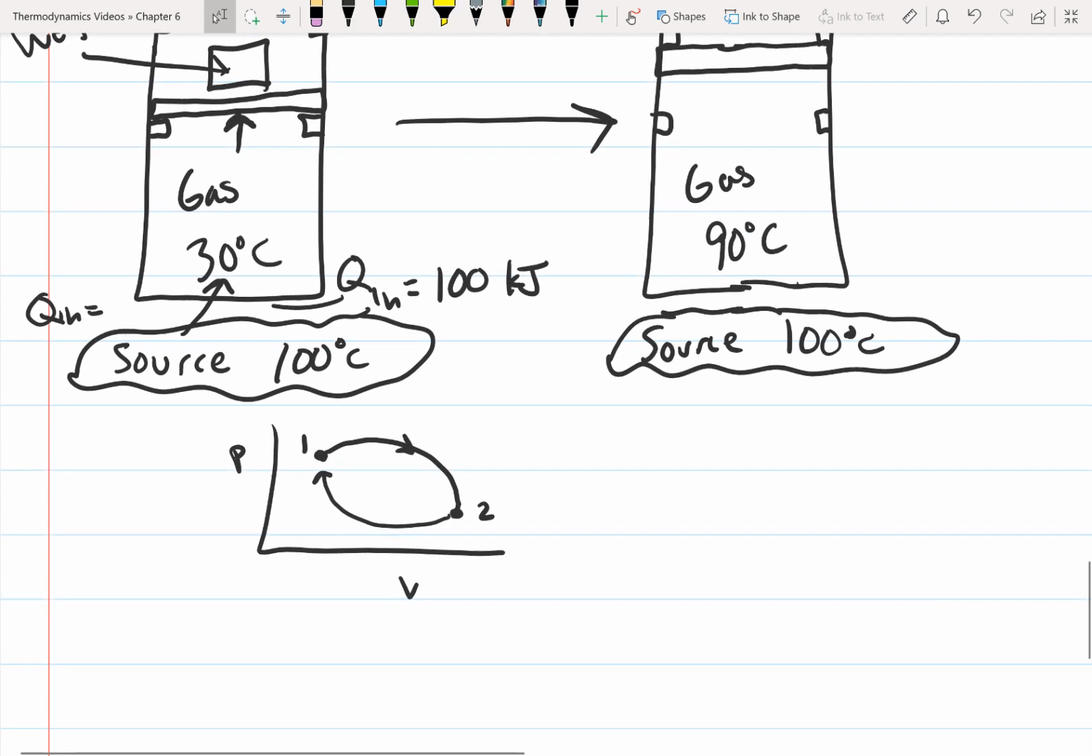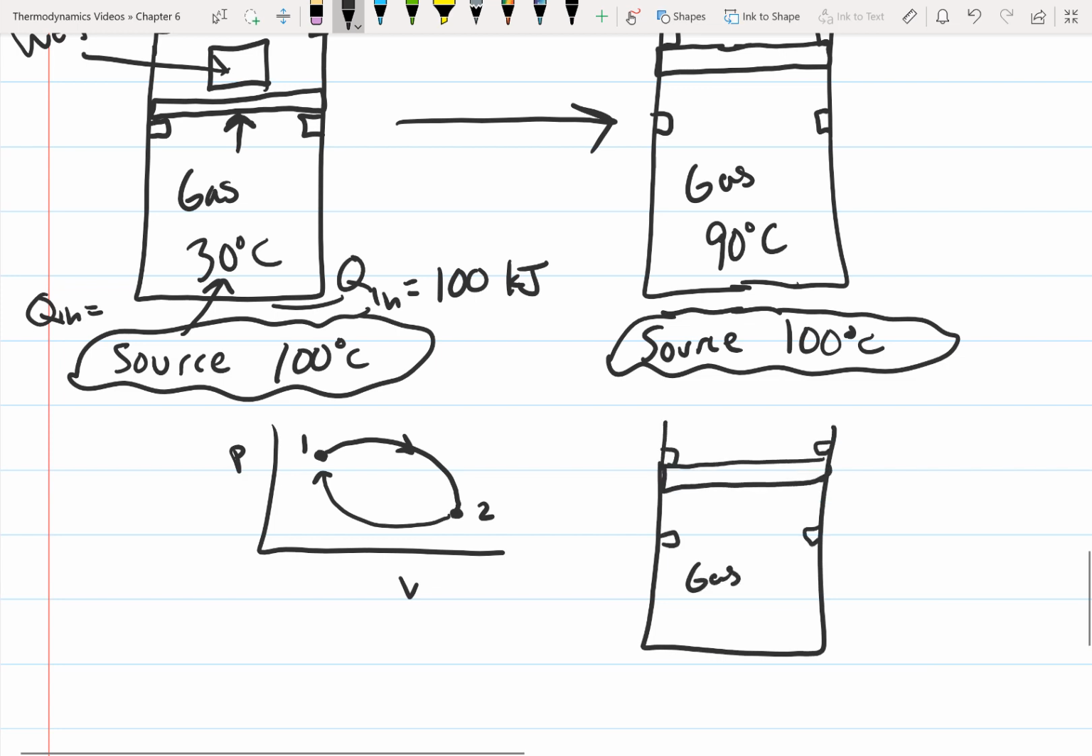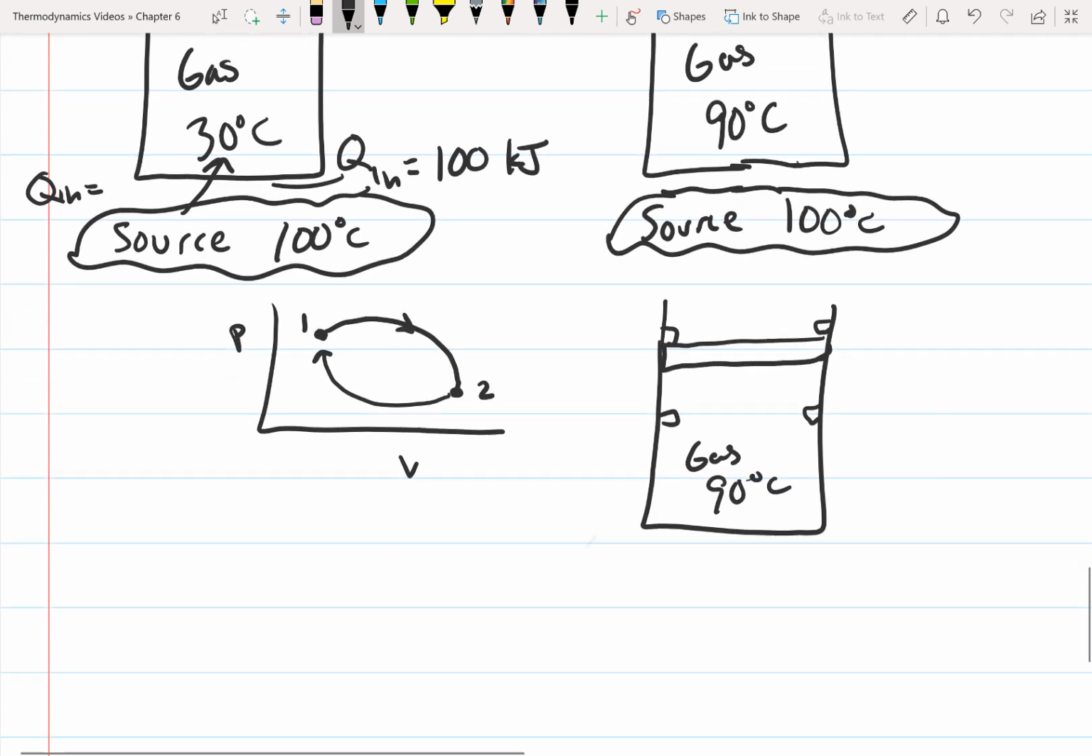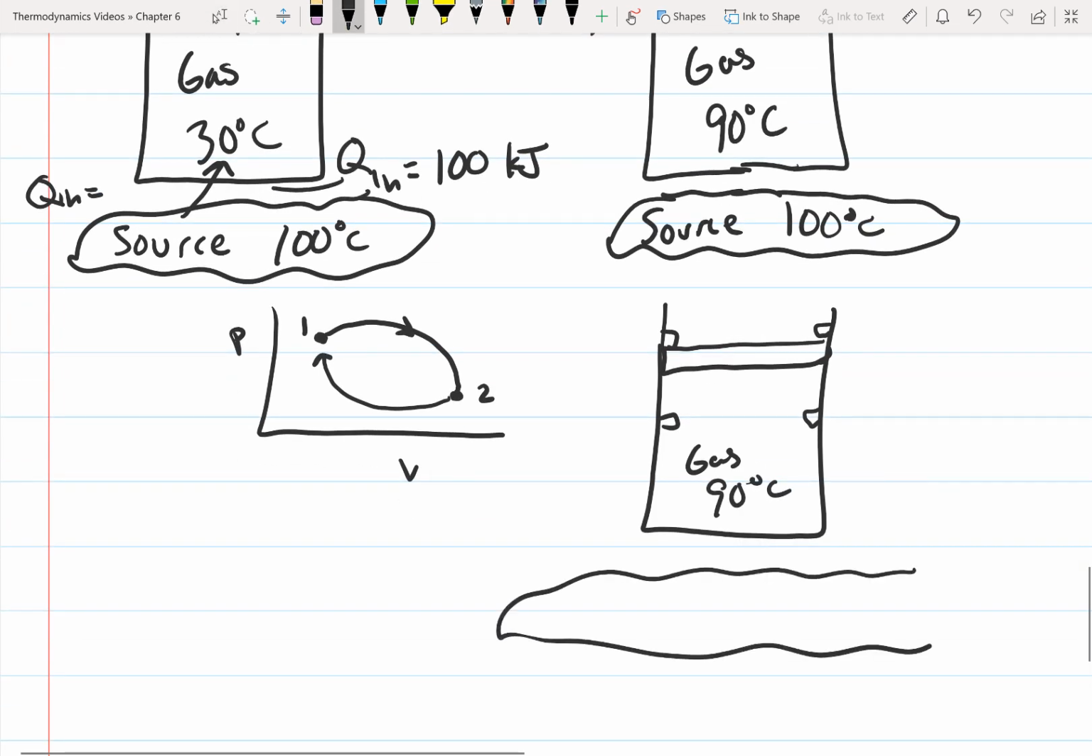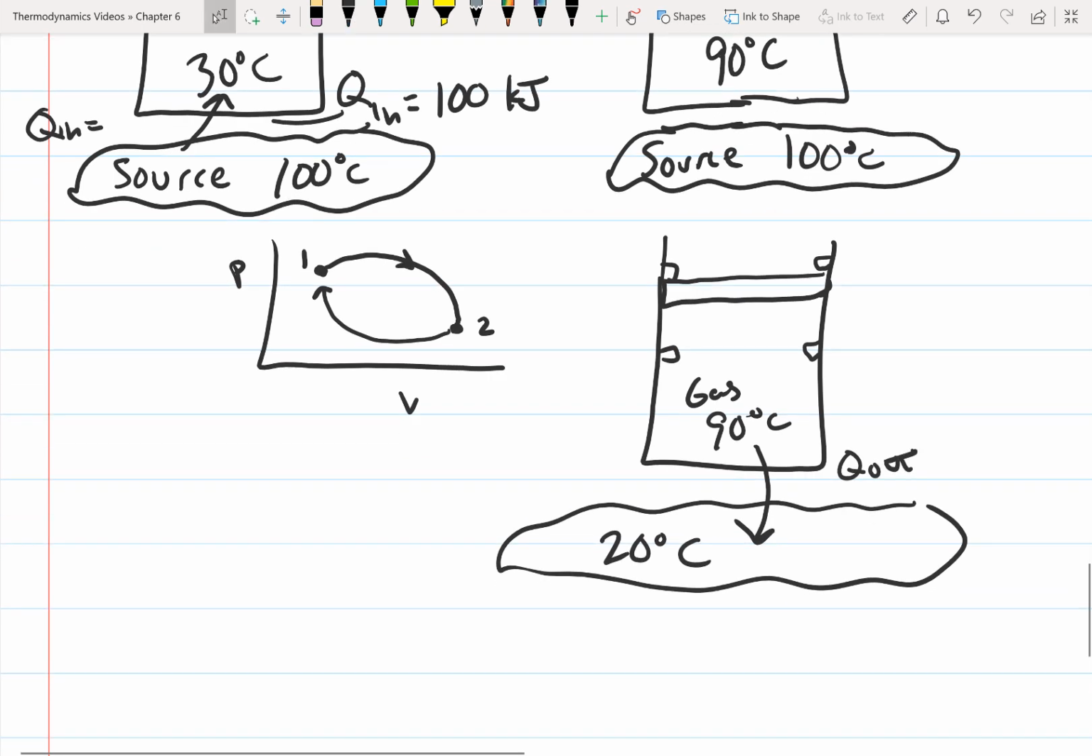So in order to complete the cycle, the cylinder needs to be brought in contact with, so here's our gas that's at 90 degrees C, this needs to be brought into contact with a heat sink or lower temperature reservoir. So let's say that we have a 20 degree reservoir. What's going to happen now is heat's going to transfer from the gas to the reservoir. So we're going to have Q out,